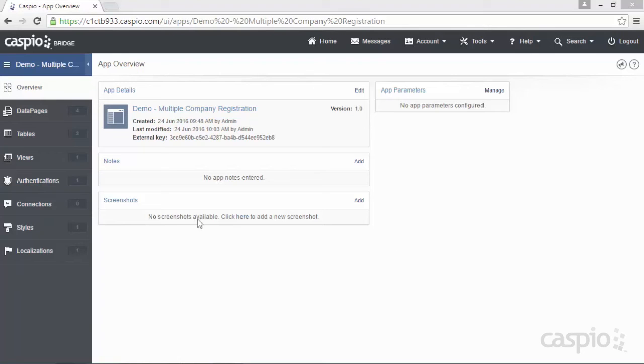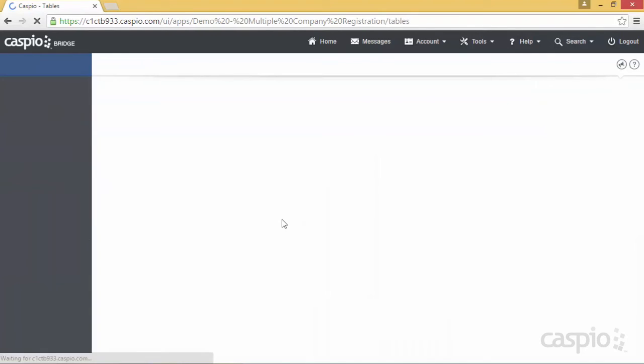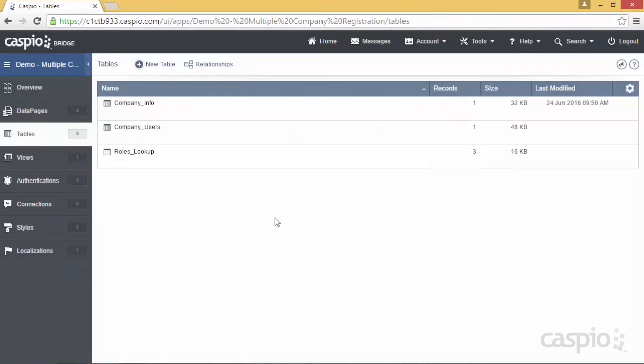The first thing we'll do is go to Tables. And initially what you want to do is set up 2 different tables. You want to have a table that collects your company information first, and then you're going to want to collect the information about the users from that specific company. Disregard this table for now. We'll come back to this table in a couple of minutes, but let me show you how to set up these 2 tables. For company info,